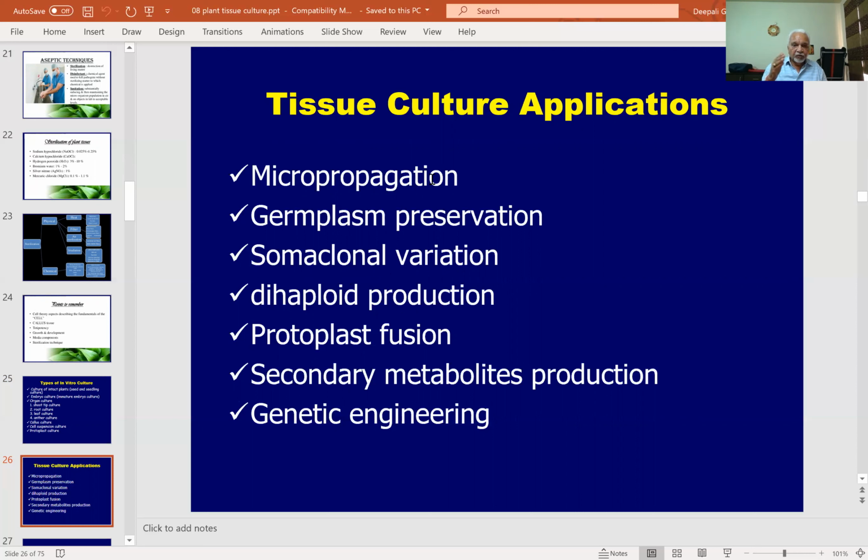So what we call micropropagation, and then the germplasm preservation, somatic variations, dihaploid production, protoplast fusion, secondary metabolite productions, and finally the genetic engineering. Okay, so these are the biotechnological applications of plant tissue culture technique,